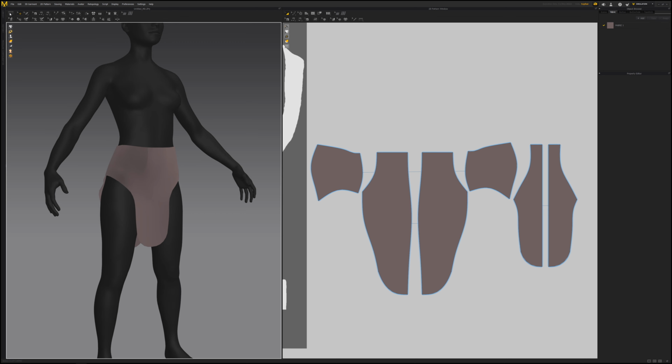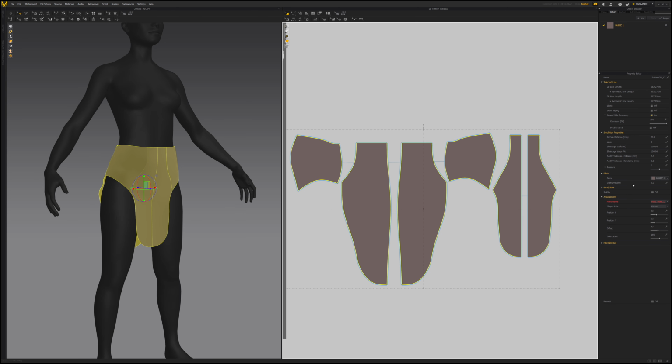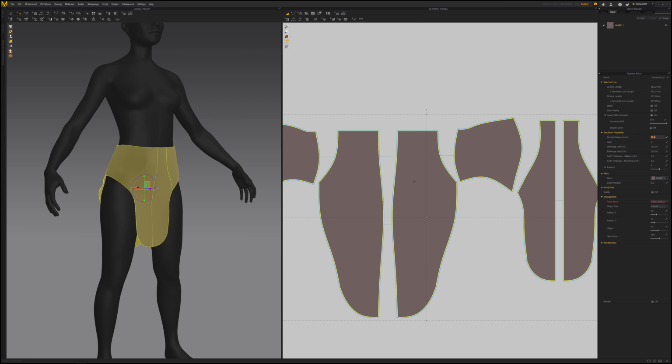I'm going to hit spacebar to turn off the simulation, and I'm going to go and select my panels here. And I can see that what I've got right now, when I select all of these things, in terms of my simulation properties, this has a particle distance of 20 millimeters. Now, a particle distance is kind of like an inverted polygon count. What this number means is that each vertex on the geometry here has a maximum distance of 20 millimeters from its neighbor. So what this allows us to do is get this fabric to be pretty